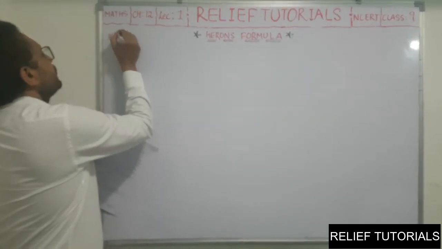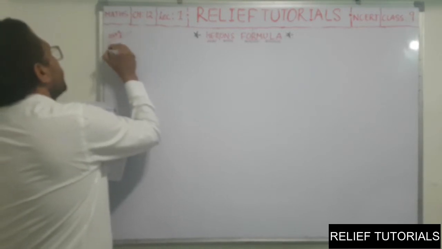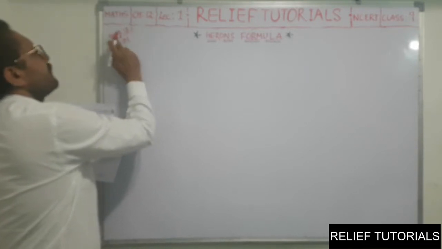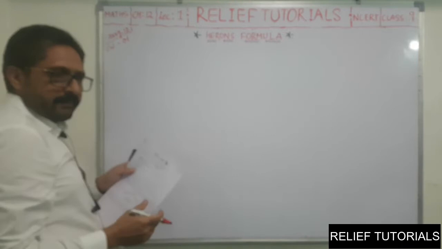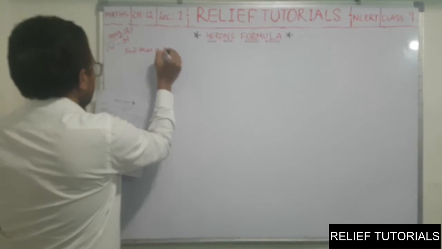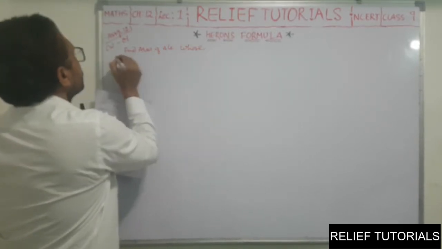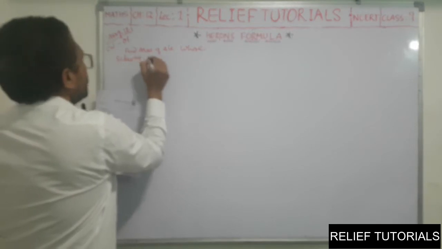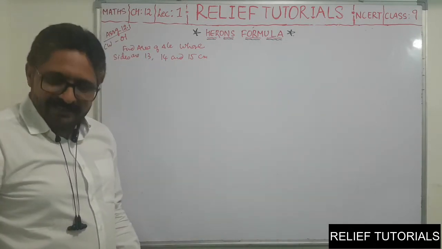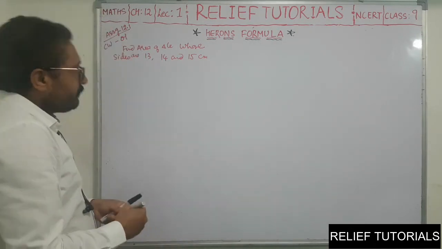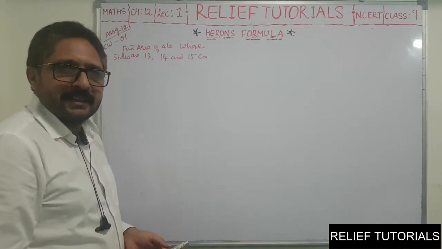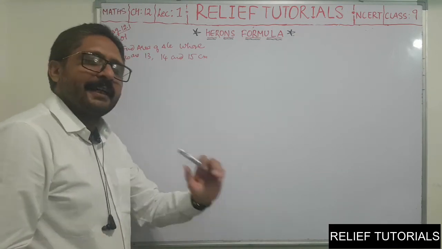See here. Assignment. Classwork. Question number 1. Exercise 12.1. So you have to find area of triangle whose sides are 13, 14 and 15. That we have discussed here, scalene triangle. Okay? So it is scalene triangle. Naturally, you are not able to find altitude at all in case of scalene triangle. So we have no other alternative left. We have to use only Heron's formula.